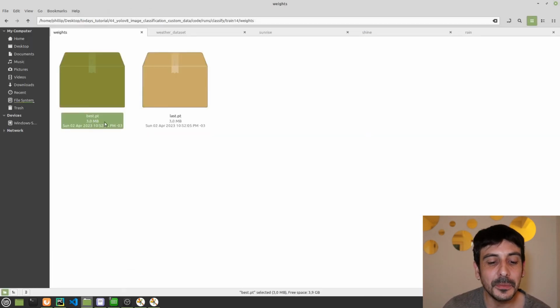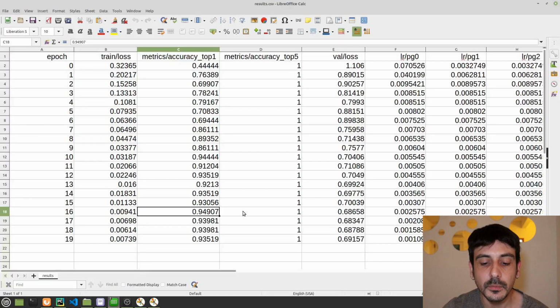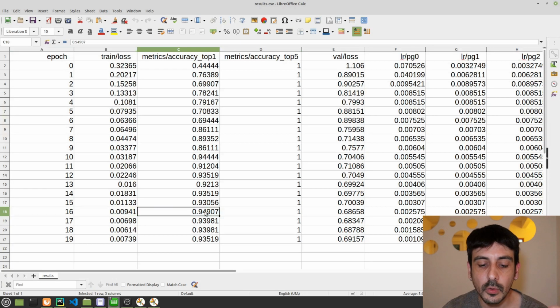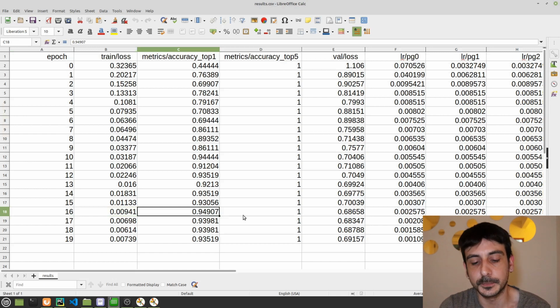And that's exactly what the best.pt model is. We are saving the weights of the best model in our entire training process. If we look at our data, the best model in our training process is this one, if I'm not mistaken. It's the model we produced at the end of the 16th epoch, and our validation accuracy was 94.9%.